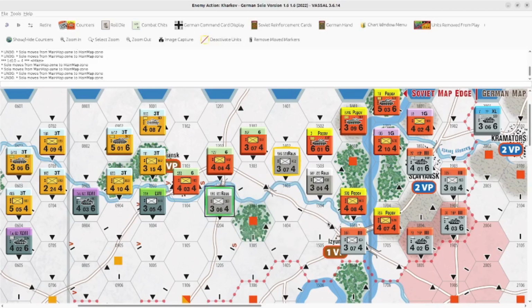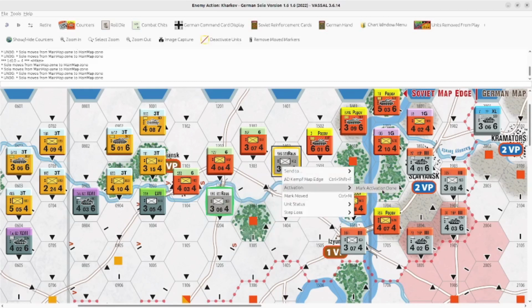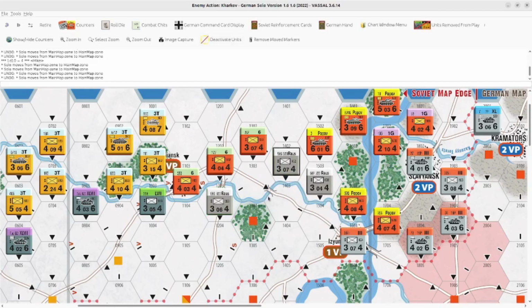Oh, mark activation done. Okay, it's interesting. You mark the activation as done when you finish with the unit. Again, it's not mandatory to use this, it's just to help you get the units, to help you play the game. So another nice thing I have noticed is that